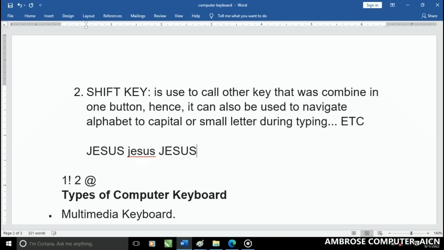It's as if I turned on my caps lock, but I didn't turn it on. I only hold down the shift key. Sometimes if you are typing, you don't want to be turning the caps lock on and off at the same time. You can decide to hold down your shift key. Let's assume my name starts with A. I don't want to turn off the caps lock and come back again and turn it on. I can just hold down my shift